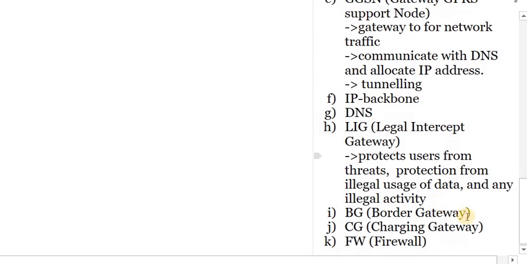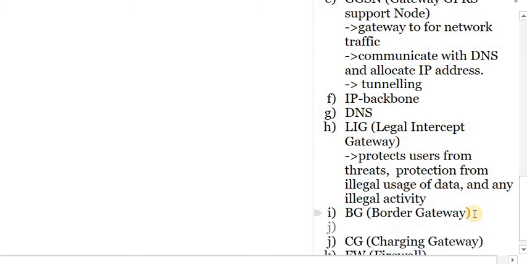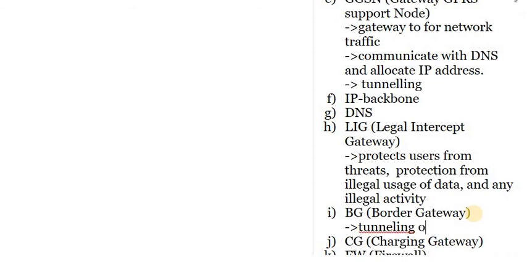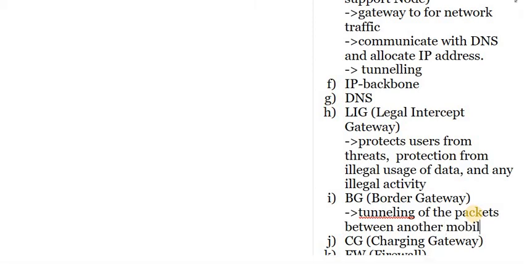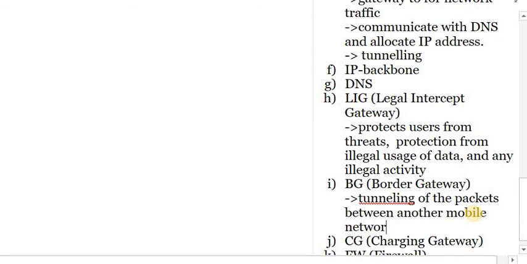Now the border gateway. The border gateway is used to provide the tunneling system, tunneling of the packets between other mobile networks. Now what about the charging gateway?